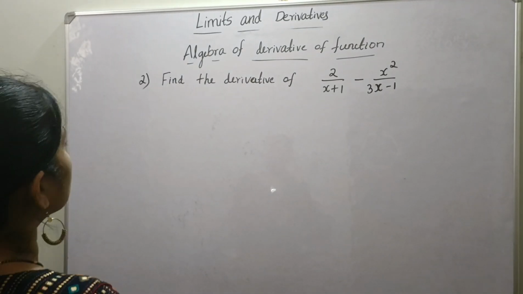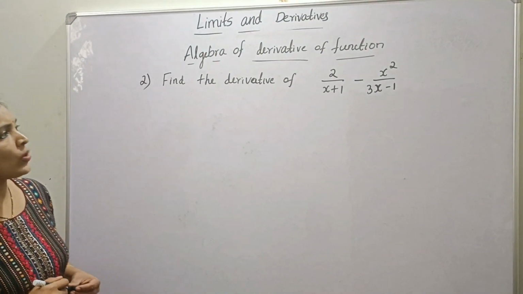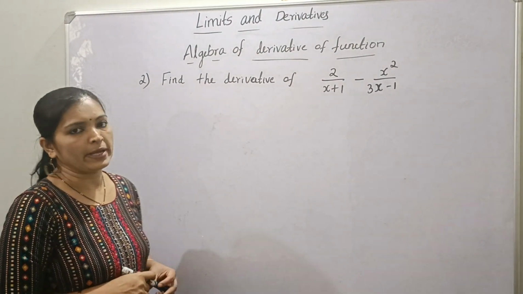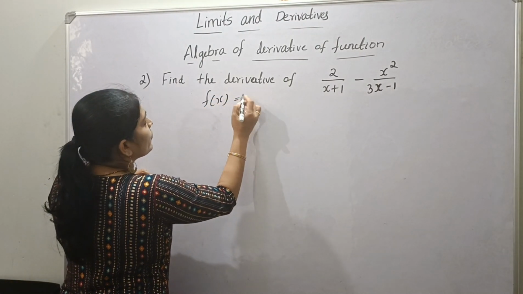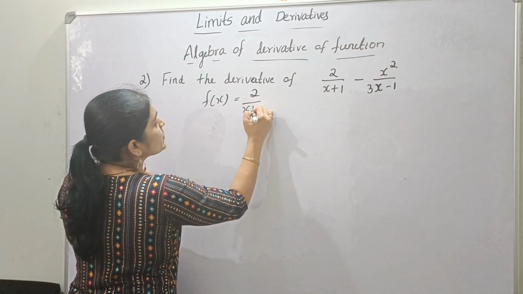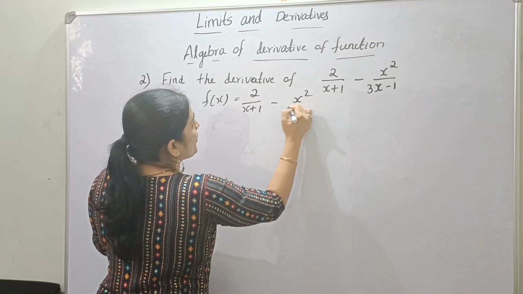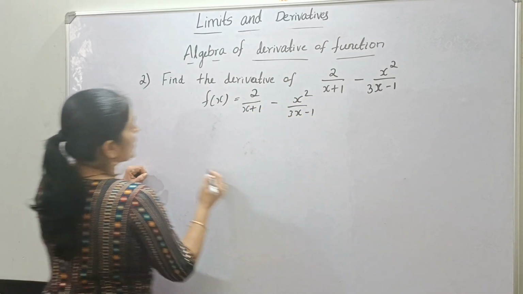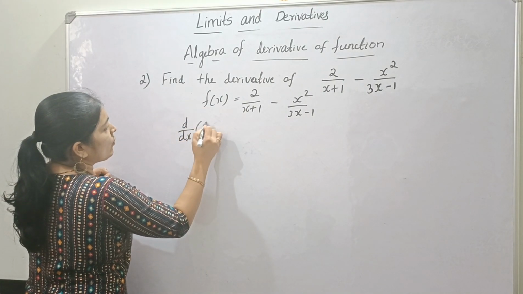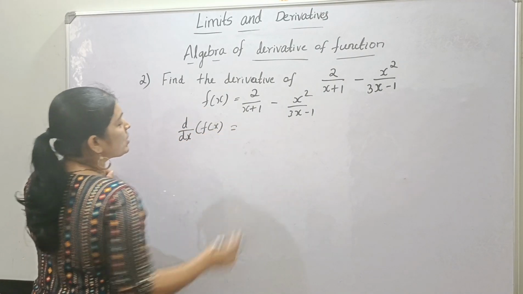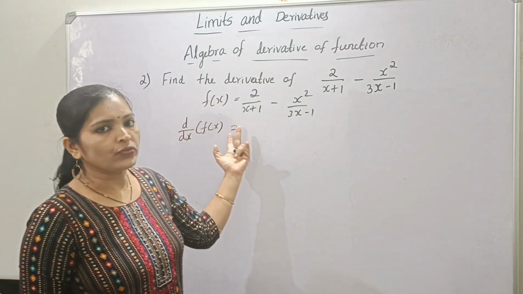Next question is find the derivative of 2 by x plus 1 minus x square by 3x minus 1. Okay, first of all let us write it. Given function f of x is equal to 2 by x plus 1 minus x square by 3x minus 1. Okay, so we have to find the derivative, that is d by dx of f of x, that is equal to,